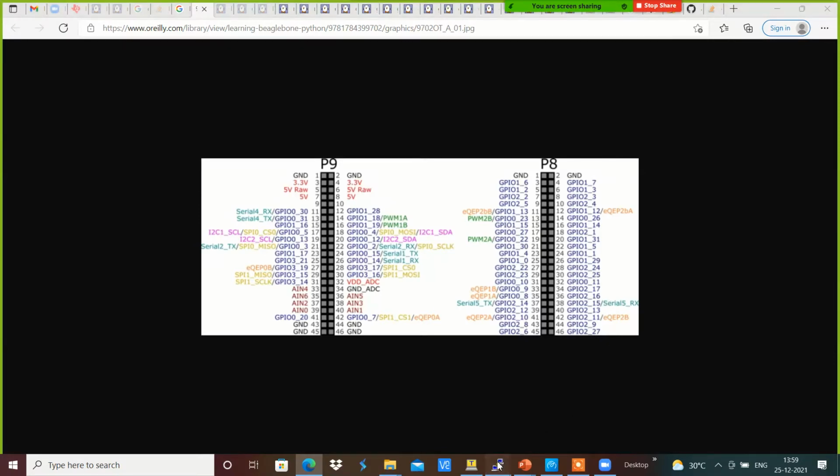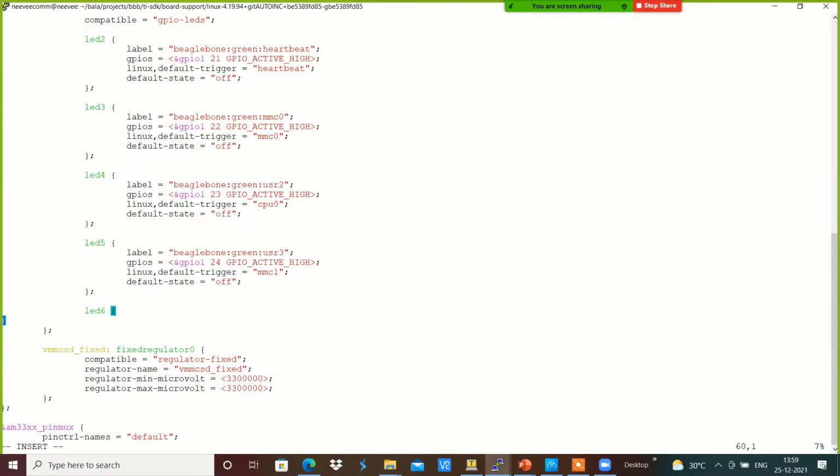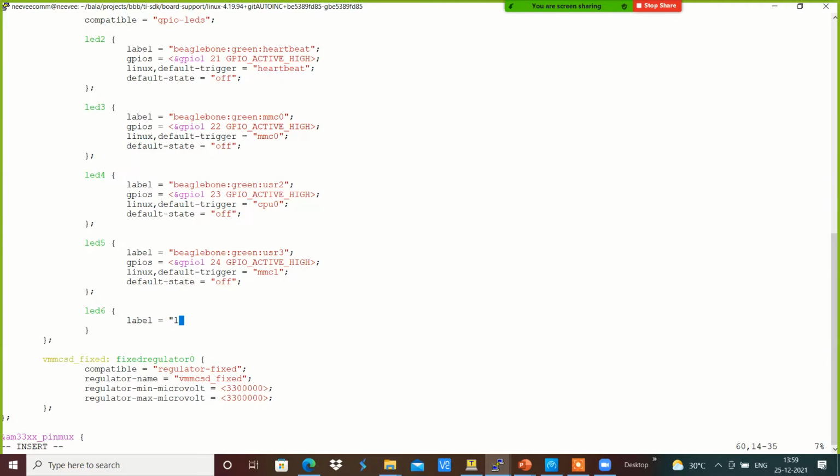Now I am going to add the LED information into it. I am going to add a new node, LED 6, with a label, which is LDD colon green LED, user 4 LED.